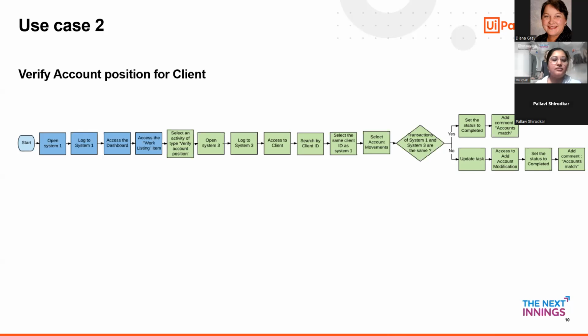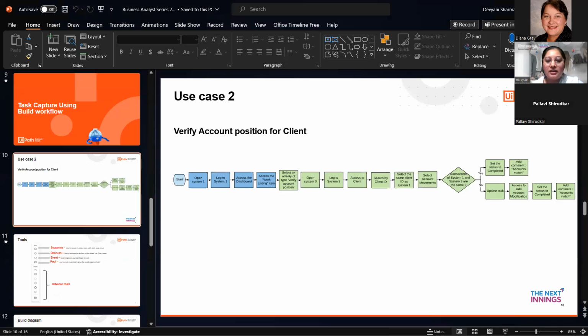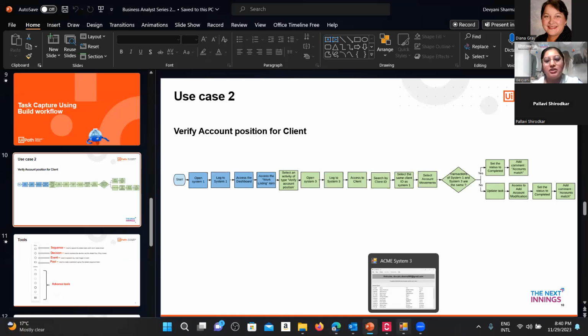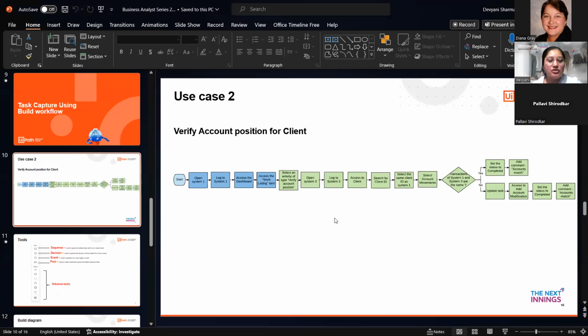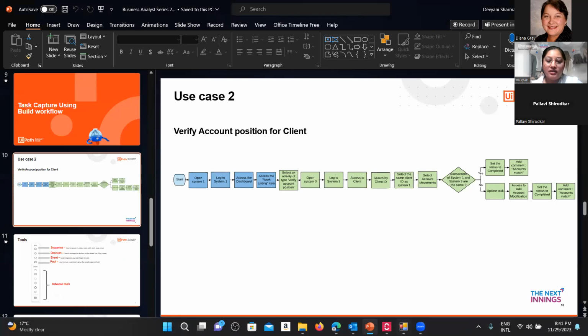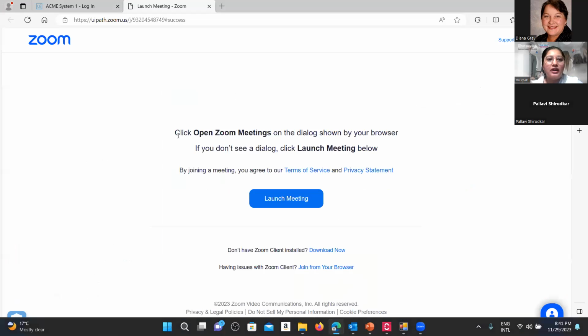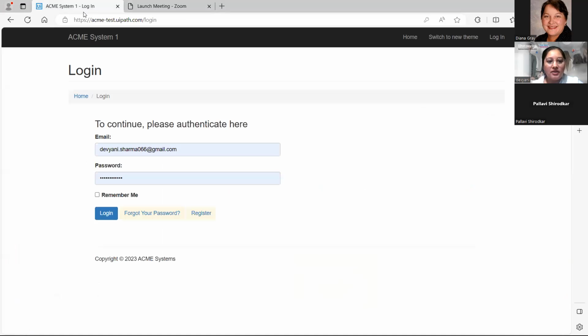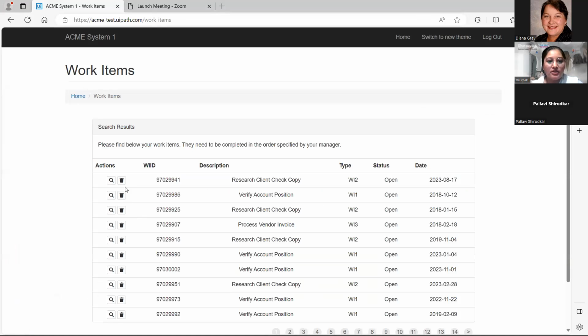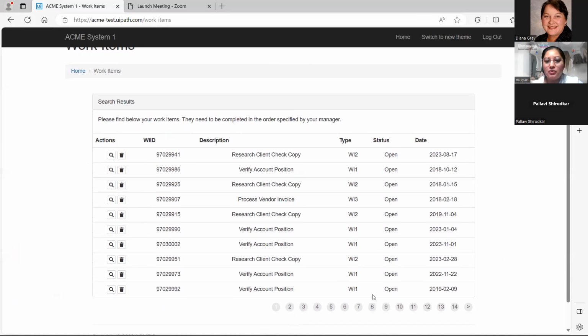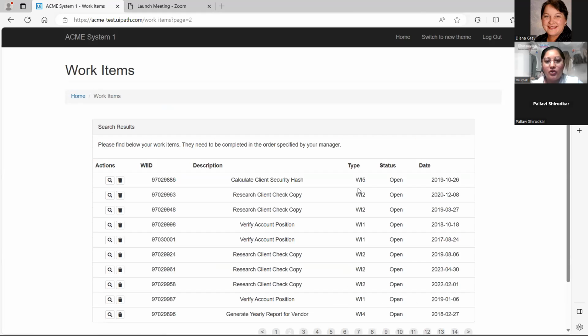One is a web-based system. Let me show you also. Let's have a very quick understanding of the use case, and then we will start how we can use Task Capture to document or capture this particular process. The process says that there is one web application called Acme, and here we have work items of type 5. So we have these work items. We need to go and search for work items number 5. And for those 5,